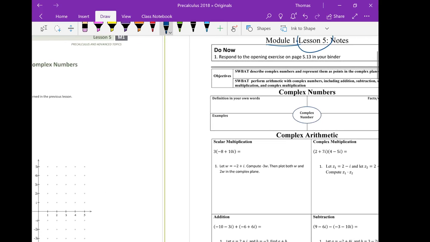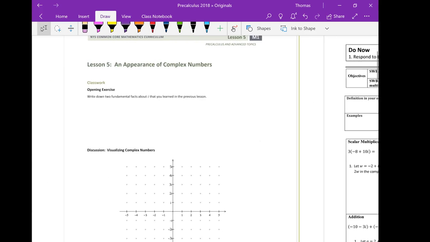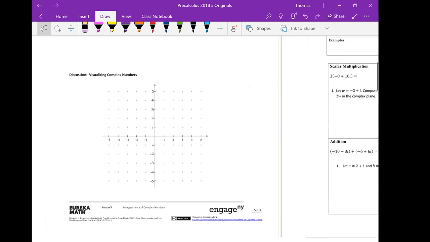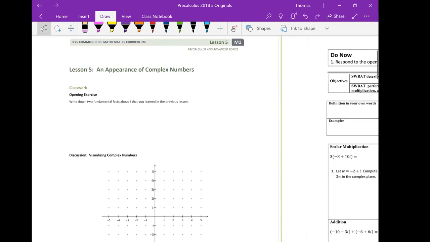Nice. So we'll start with our do now. It said respond to the opening exercise on page S13. So in our binders, here's page S13. First page, Lesson 5. It says write down 2 facts about i that you learned in our previous lesson. If you remember from class, 2 important facts that came up were that i squared is equal to -1. That was that really important identity